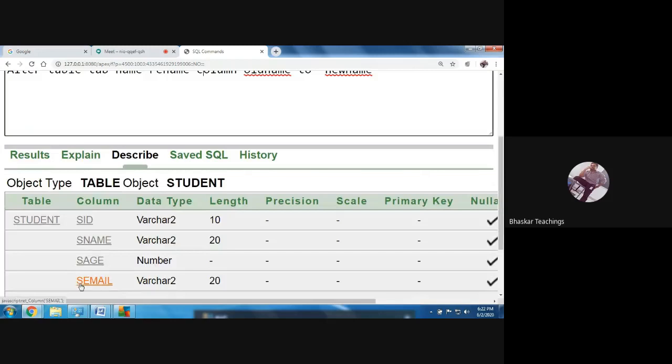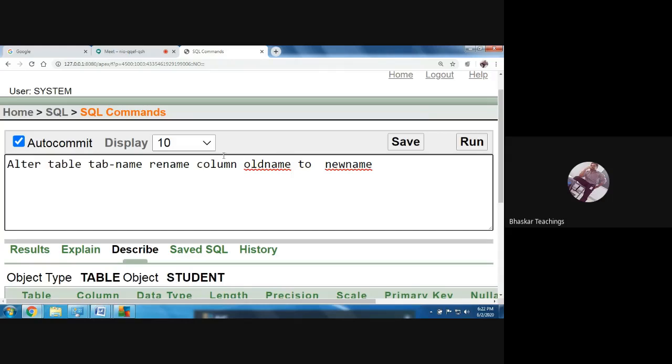Let us change the email only. Let us change s email to mail. Okay, fine. Replace the table name here with our table name, that is student.